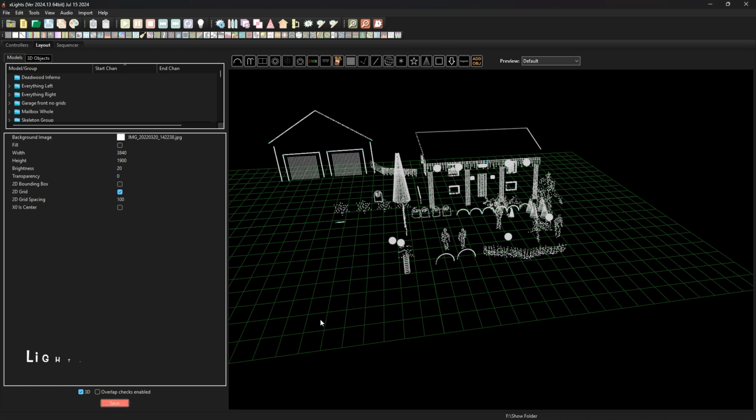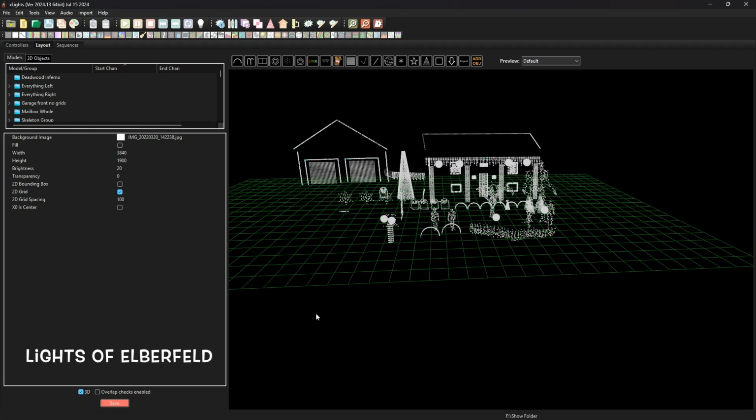What's up, fellas? Due to some recent questions I've been asked, I noticed a problem with my tutorials. I never explained how to set up a second device after you've got your first one set up. So if you're looking at my layout here, and then you go and look at my controllers,